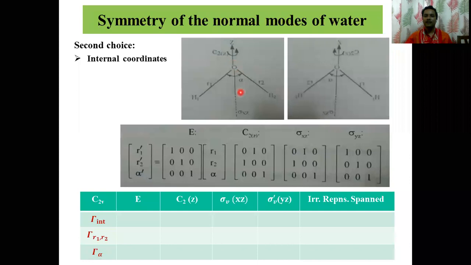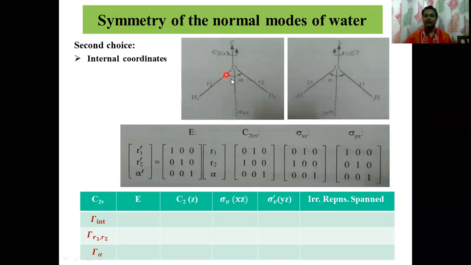Here the rotation is actually taken as an anti-clockwise rotation. That is the way you can think about it, or clockwise, whatever it is. Depending on that, we have to look at it. Then R2 comes here, so R2 prime is going to be the R1. Therefore, it is going to be 1, 0, and 0. So that is where it goes.